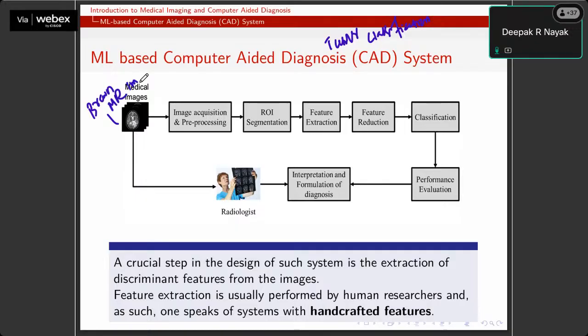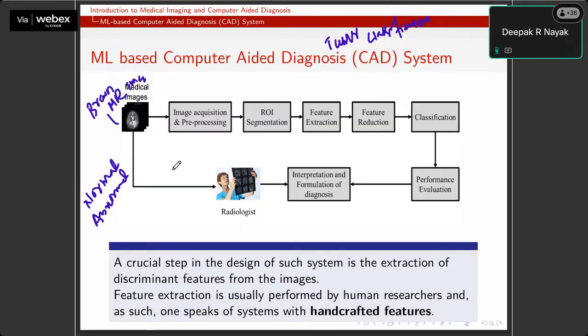Brain MR images are given to me, and I want to assign a label, either normal or abnormal. Normal means the image doesn't contain any abnormal regions, that means the patient does not have any brain disease. Abnormal means the patient has some type of brain disease.